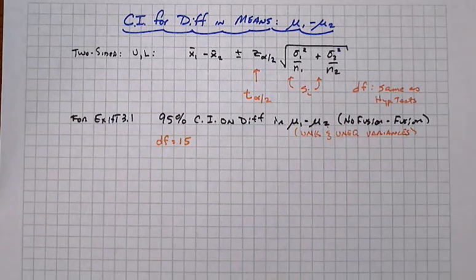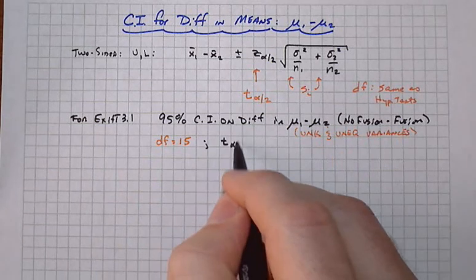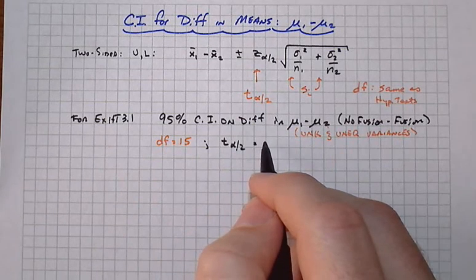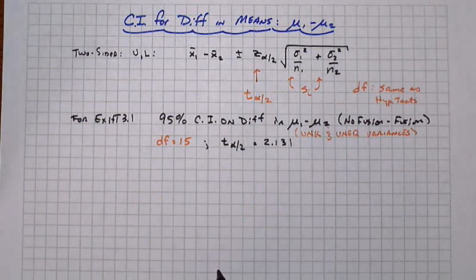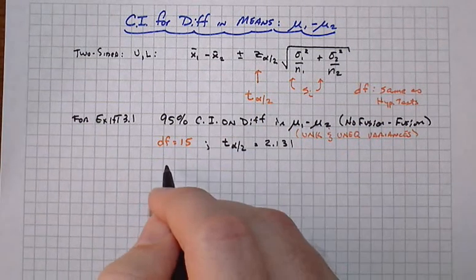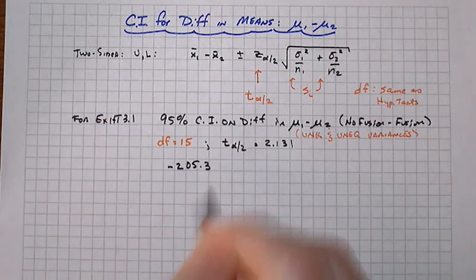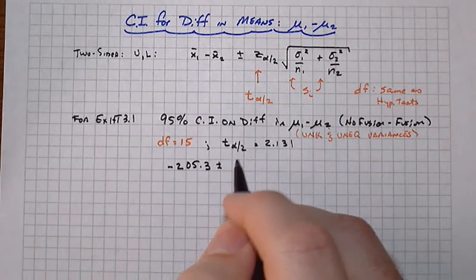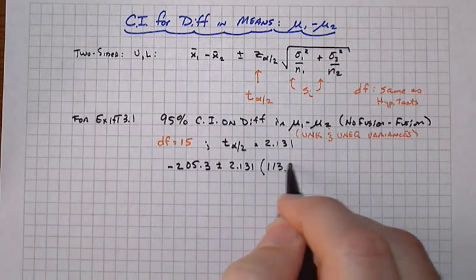Right? So for degrees of freedom equal to 15 and 95% confidence interval, go look in our table for our t alpha over 2 value. Remember, that would be 0.025, right? We're going to split the difference of what's left over. So 2.131. And our interval then is going to become minus 205.3, right? That was the difference between the two sample means, plus or minus 2.131 times 113.97. That was